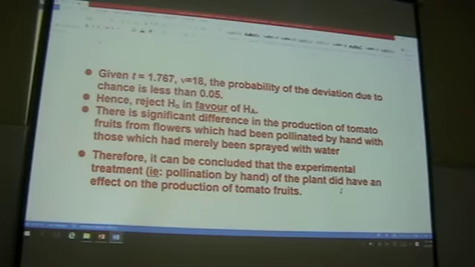At this point in time, I'd like to emphasize that these last two bullet points here, you need to contextualize to whatever the question gives you. So you must say there's a significant difference in, and you just search the preamble and quote the relevant part. So it's not always about tomato. So read the question and quote.